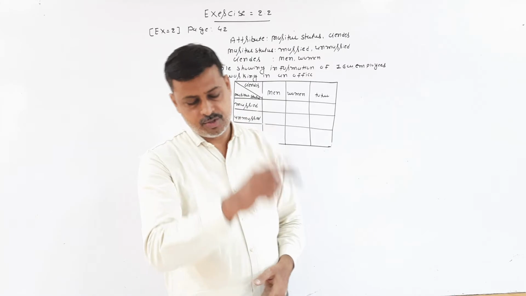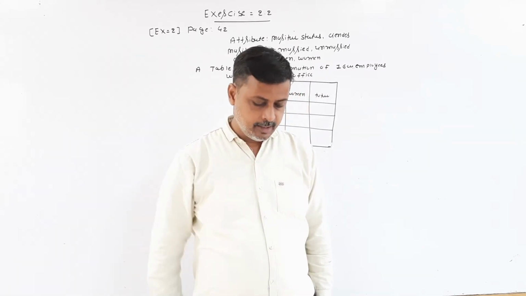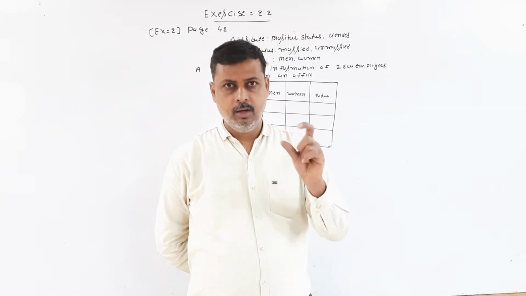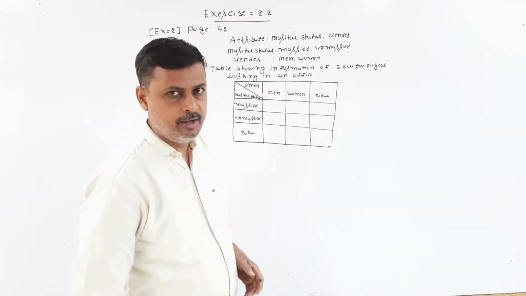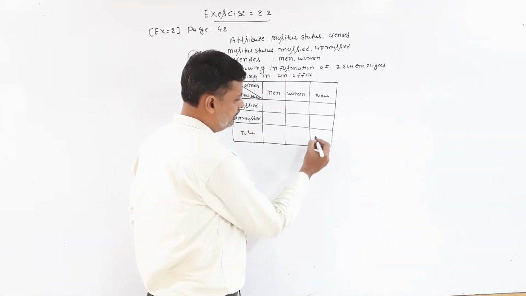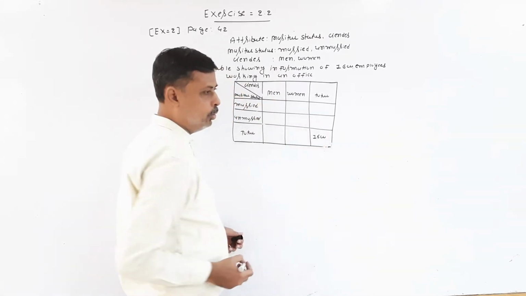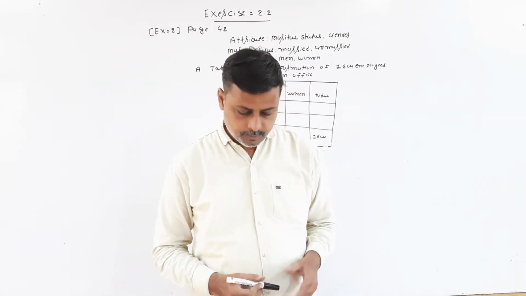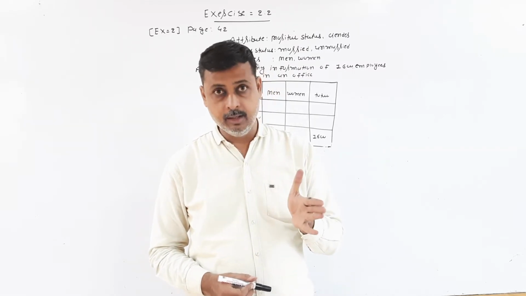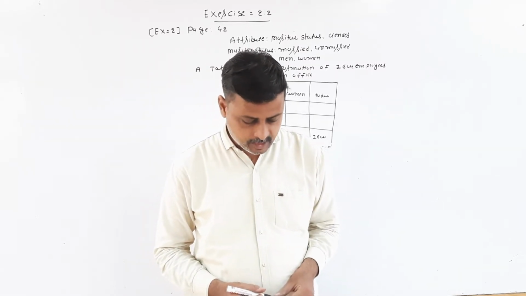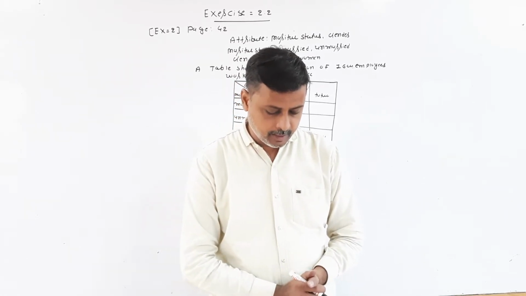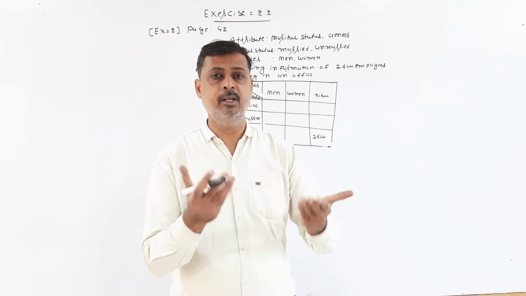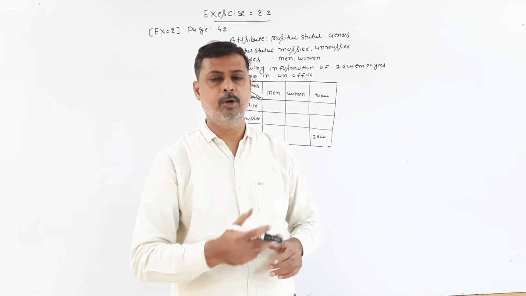So now we can start. 1600 employees are working in an office. So total members in office, that is 1600. So here 1600 total employees. Among these employees, the number of men exceeded the number of women by 15%. So the number of men exceeded the number of women by 15%.